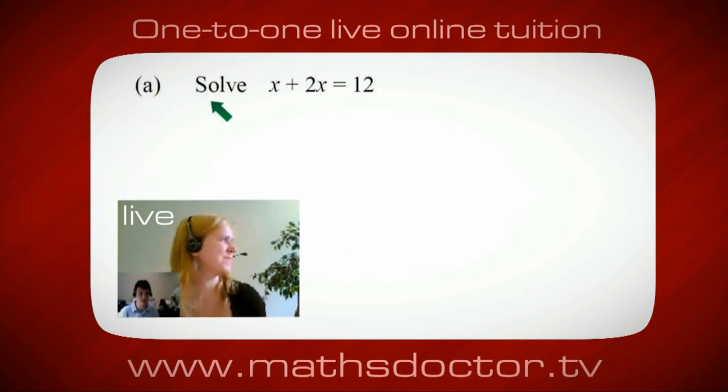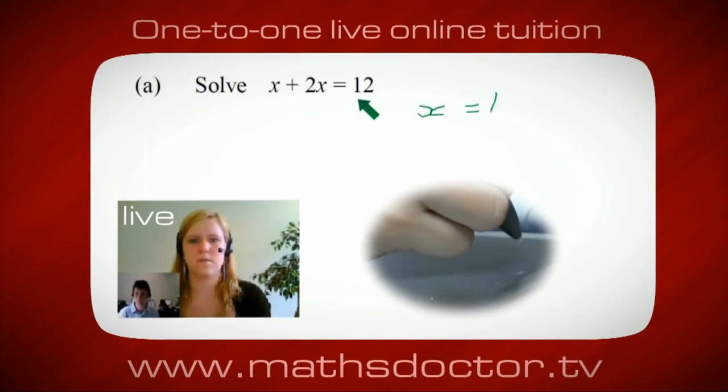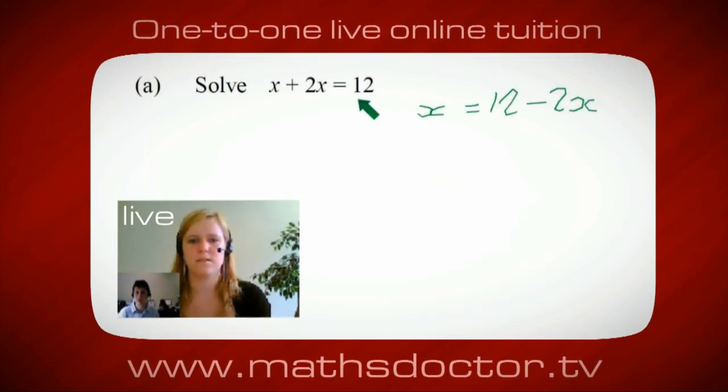Okay, Mary, so let's have a look at this one. So solve x plus 2x equals 12. So what do you think you do first? Okay, well, I want x on its own, so I would put x equals 12 minus 2x. Okay, so a lot of the time we want to get x by itself, but what